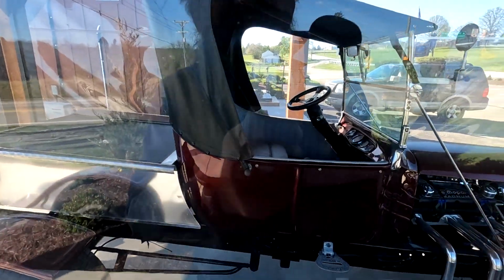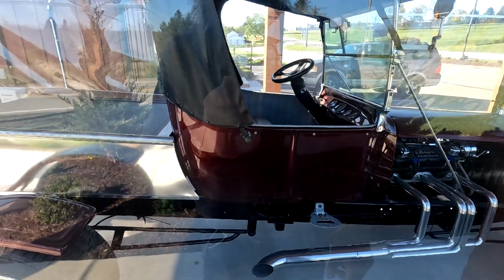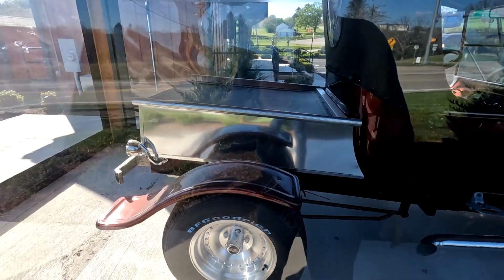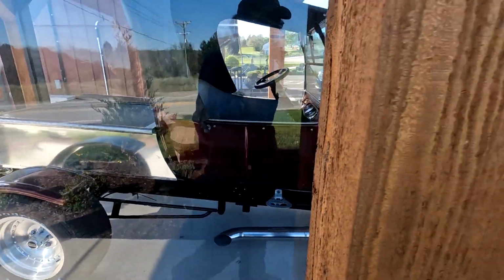Yeah. Isn't that nice? Somebody spent a lot of time on that. They put it right on next to Route 40 here. It can't be 50 feet from the road. Just a liberty. This is a